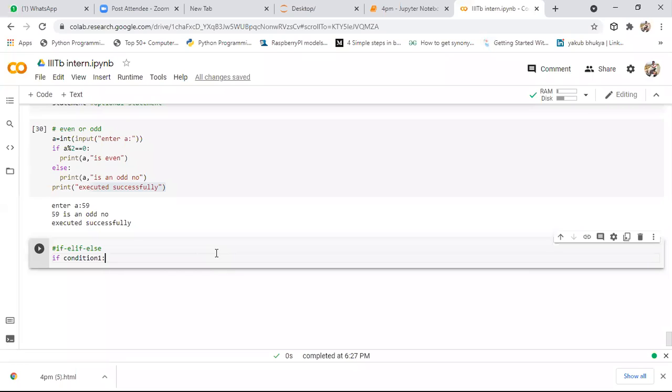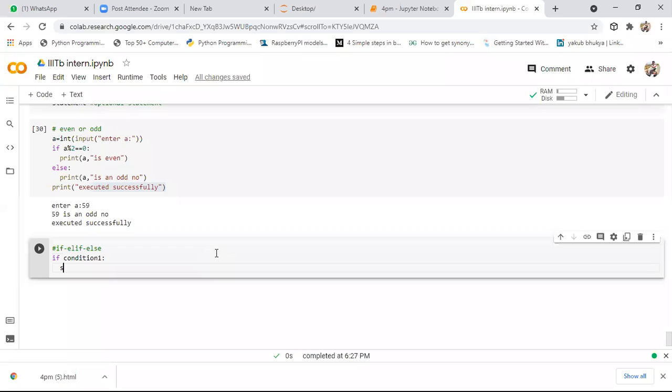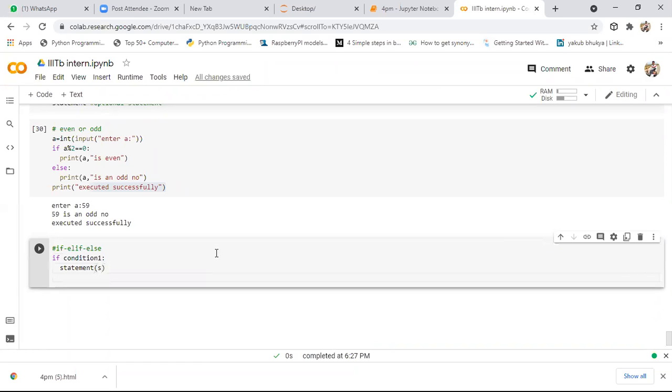After that we need to keep an indent. After this indent we need to write a statement or statements. After this, we need to specify elif. You might be familiar with else if in C language or Java. In place of else if, in Python we use elif.